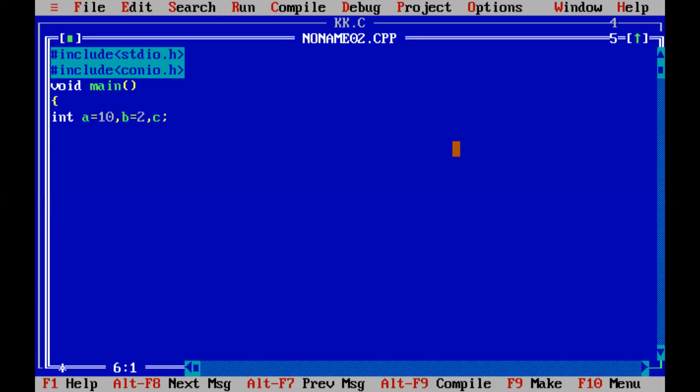After declaration or initialization of variables, you should mention clrscr, clear screen. So I'm going to perform first division, that is c equal to a by b, followed by printing the c value.